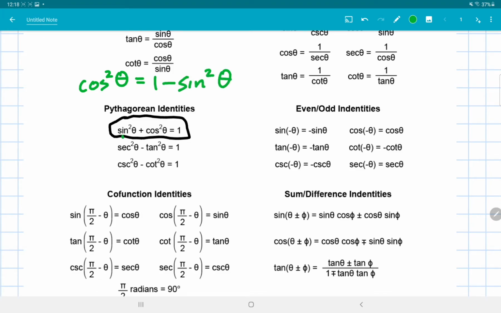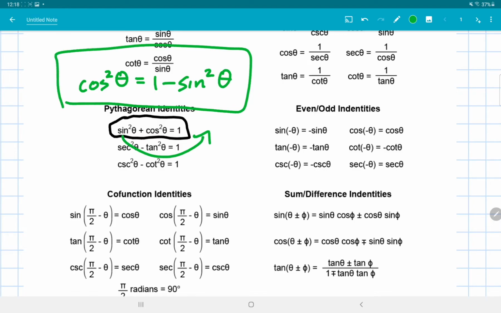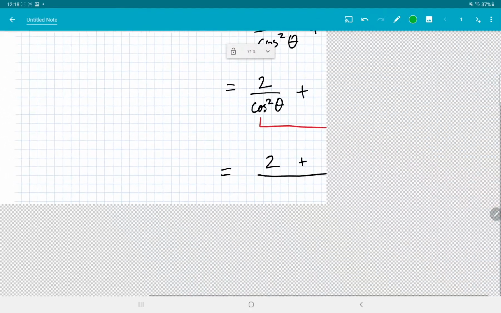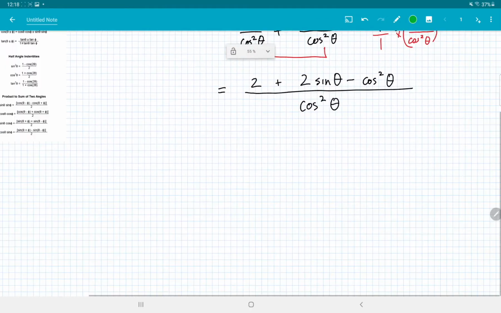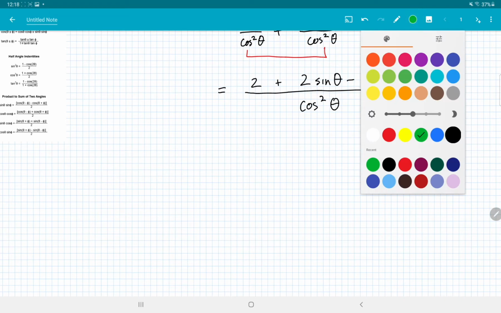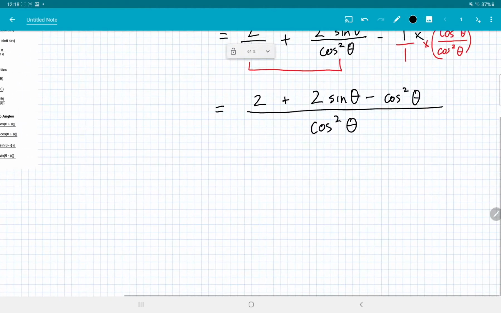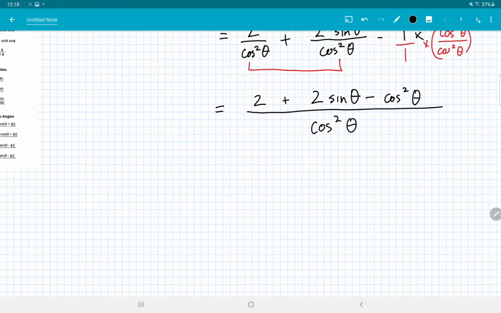All we did was take that sine squared and move it to that side of the equal sign, right? So cosine squared theta equals 1 minus sine squared theta. Okay, great. So let's go back here and we'll make that substitution. So we're working all in terms of sines, just like the left side. Okay, so equals